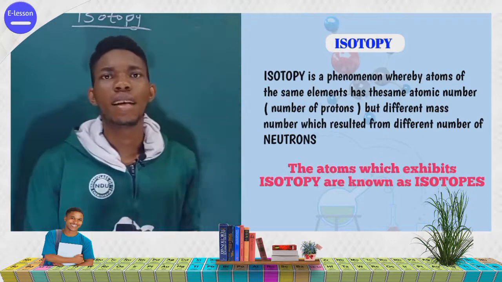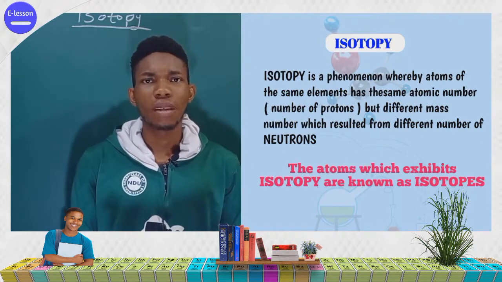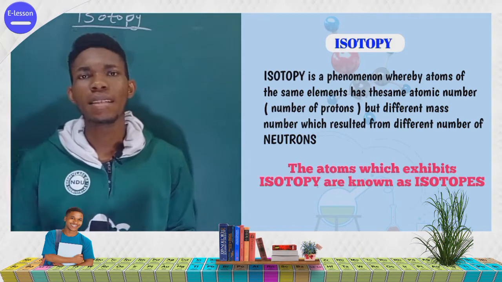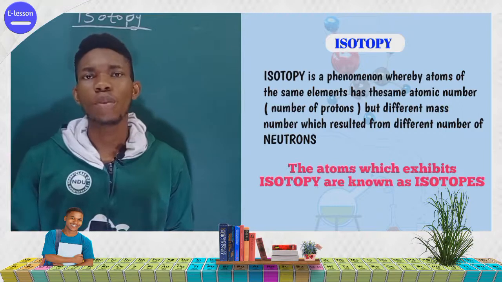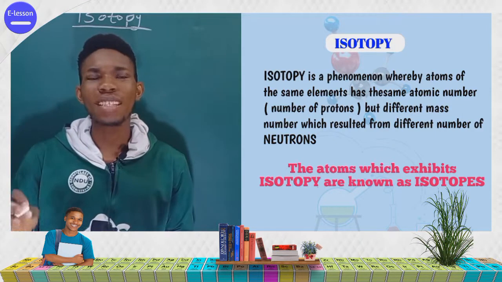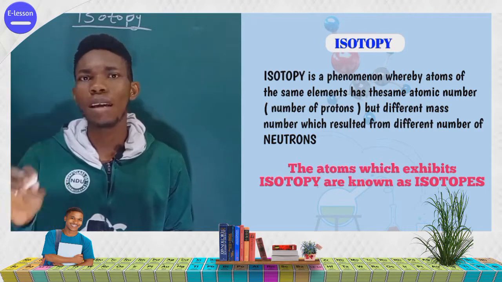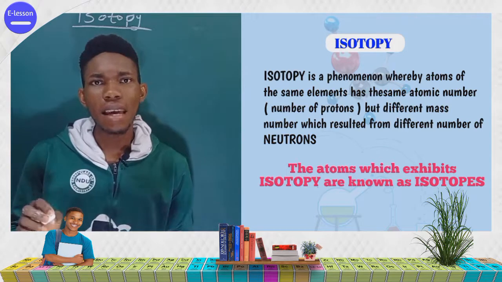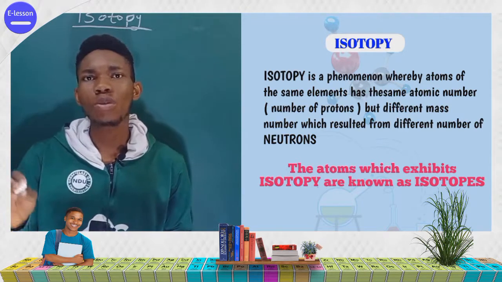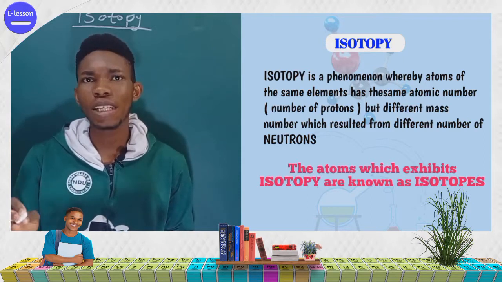Alright guys, let's look at isotopy. Now what is isotopy? As the name implies, isotopy is a phenomenon whereby atoms of the same element, please take note, have the same atomic number but different mass number, which result from different number